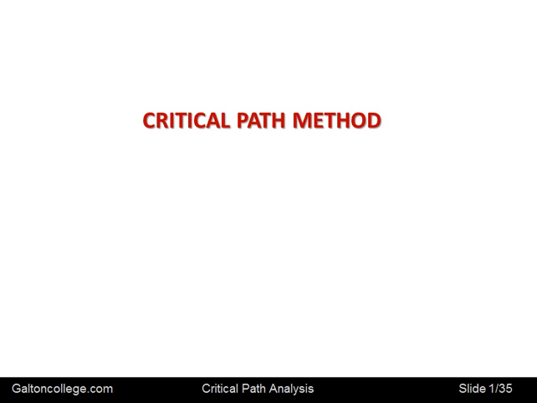This video will look at the critical path method, also known as critical path analysis. So what we're doing here is we're looking at ways of completing a project and looking at the activities that go to make up the project, looking at the sequence of those activities and the relationship between the activities to try to find which activities are critical, must be completed, and which have slack